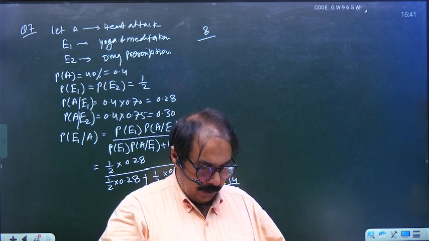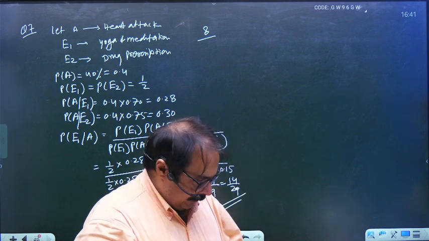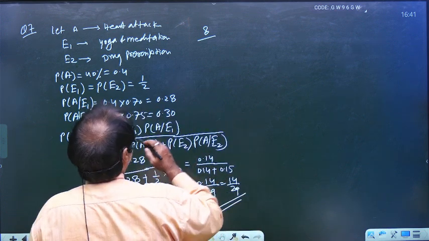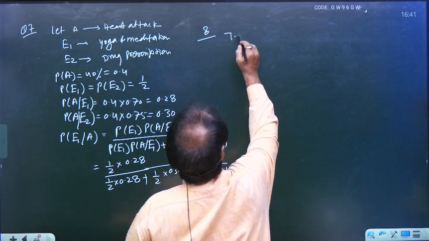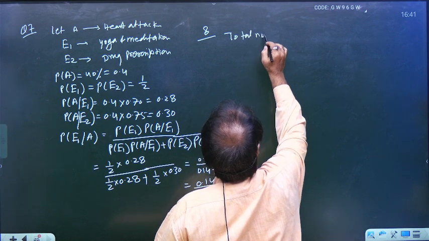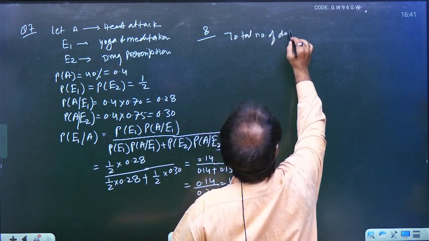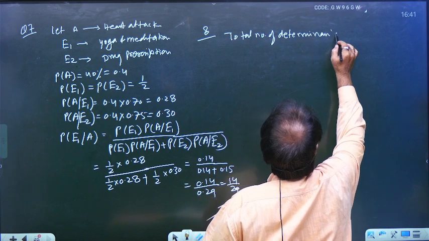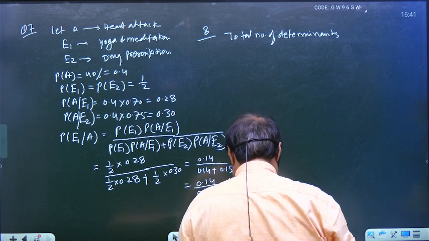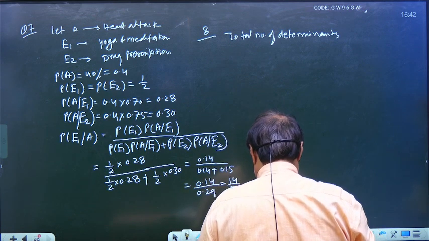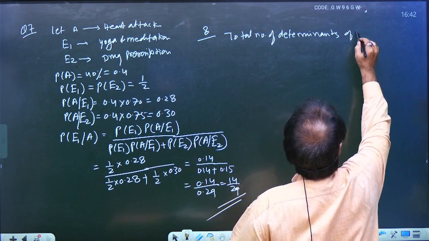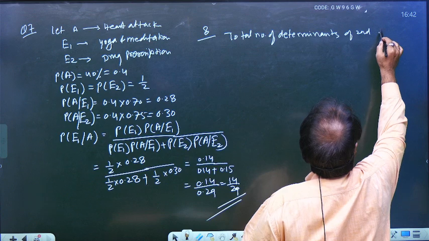It means that the total number of determinants of order 2, of second order,